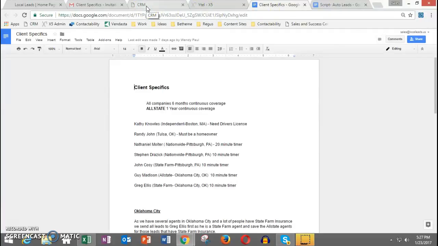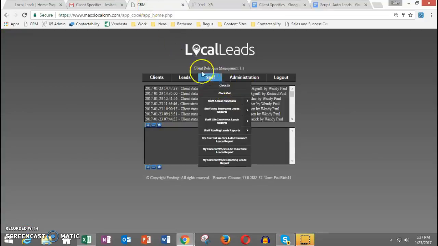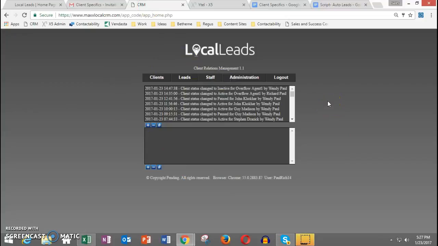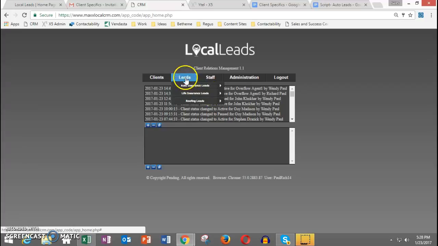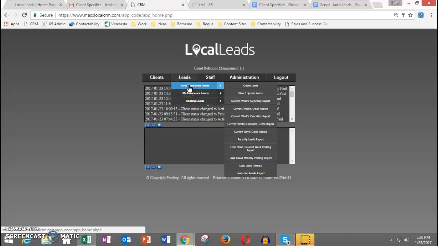So what we're going to do really quickly is I want to talk about where we spend most of our time. Most of our time is going to be spent on the Whitetail screen taking the phone calls, and then also on your CRM screen inputting the data. Now, every single day when you log into the CRM, this right here is just a dashboard, and yours is going to look just a little bit different. This is an admin dashboard, but really you're going to have leads and staff. When you first log in, all you're able to do is look at reports and look at past leads. You're not actually able to create leads.